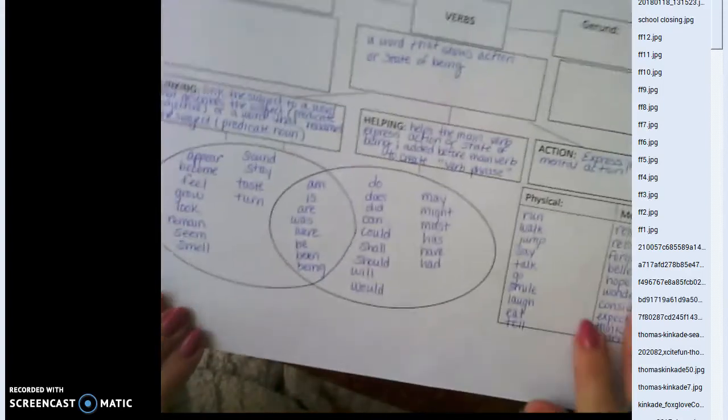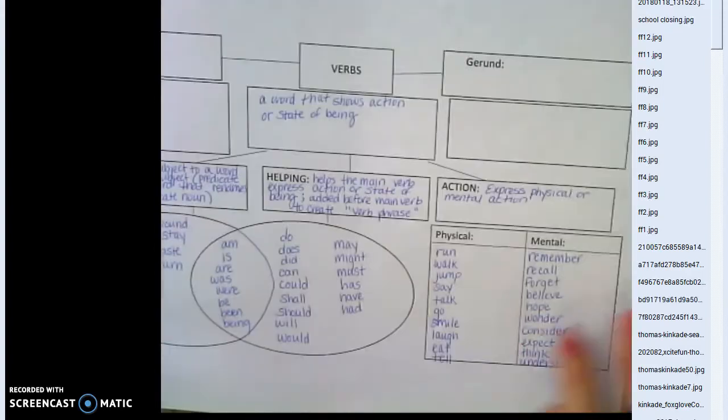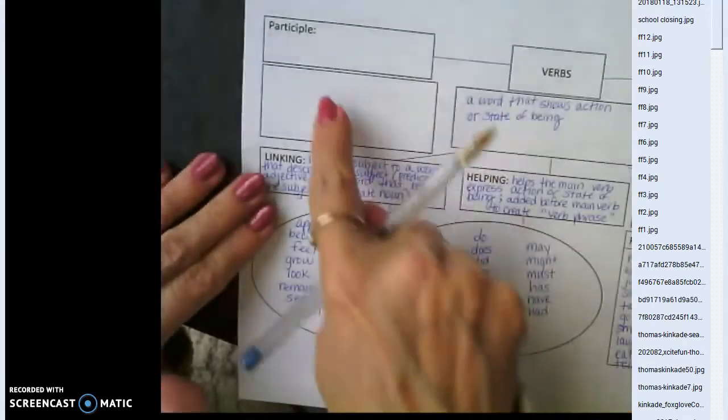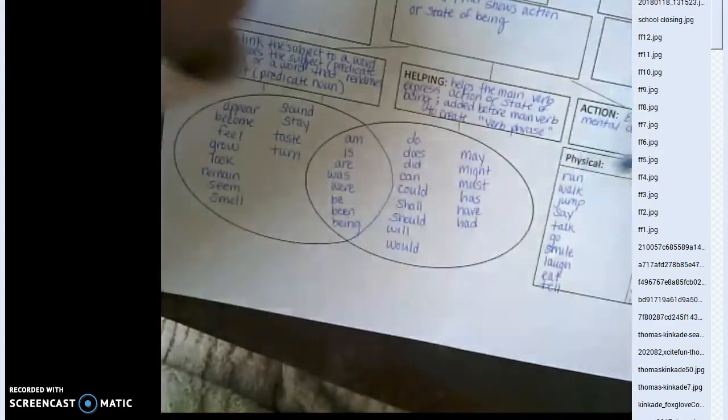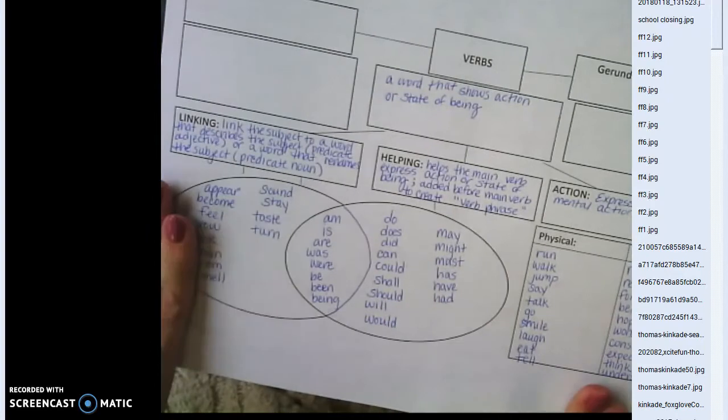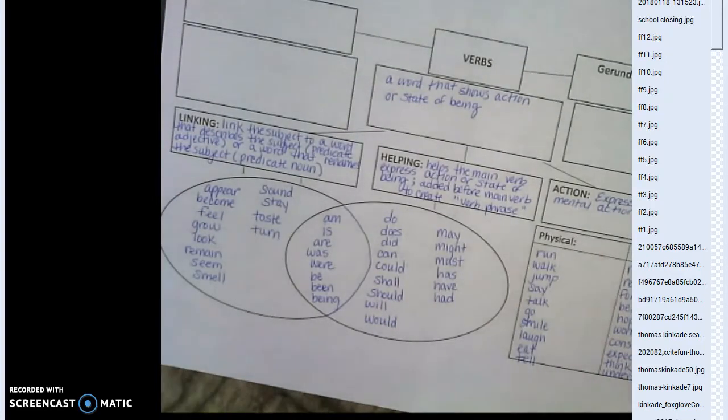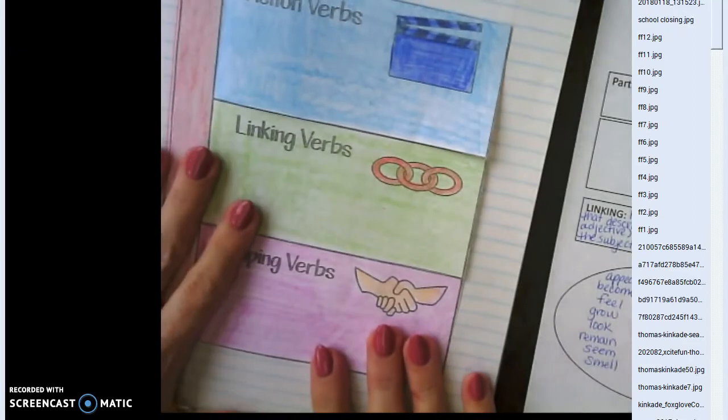Now the 4 boxes that you have left, the gerund in this box and then the participle in this box, we're not going to fill in right now because those are verbs acting as different parts of speech. So we're going to leave those blank. This is what you needed to have done tonight. Now, in your interactive notebook on page 15, where you have this sheet,